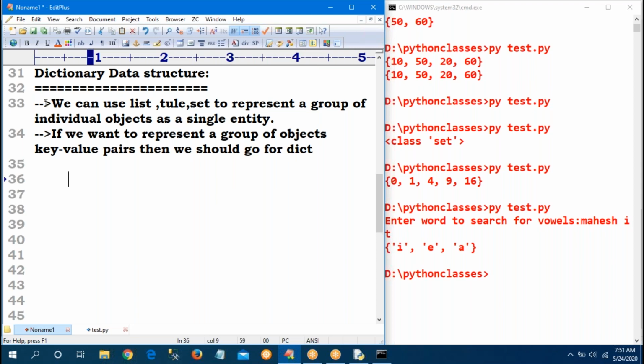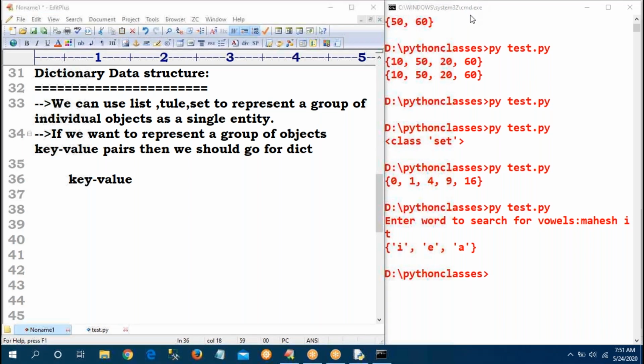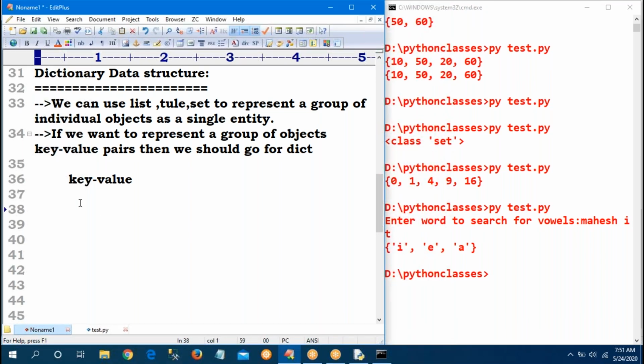Sir, in a normal dictionary you already know, key values are there, words and meanings are available. Same like that, here also key and value pairs are available. That data type is called a dictionary data type.